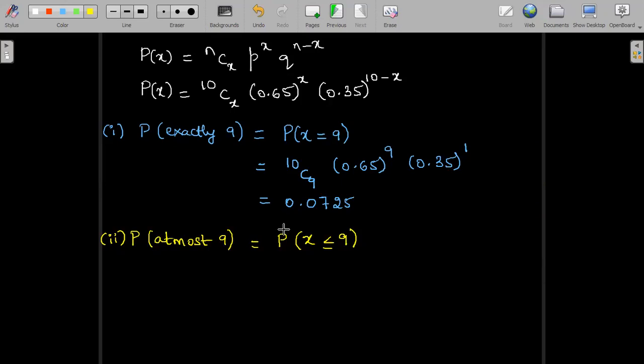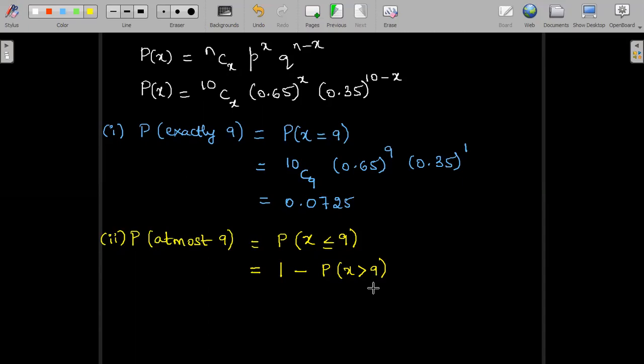So we can use an alternate way by writing the negation of this expression. The negation is nothing but 1 minus the probability of X greater than 9. Let me tell you how. If I assume a probability of success, the negation of it will be 1 minus q form. Here X less than or equal to 9 has the negation probability of X greater than 9, which should be subtracted from 1. That is why we wrote 1 minus the probability of X greater than 9.